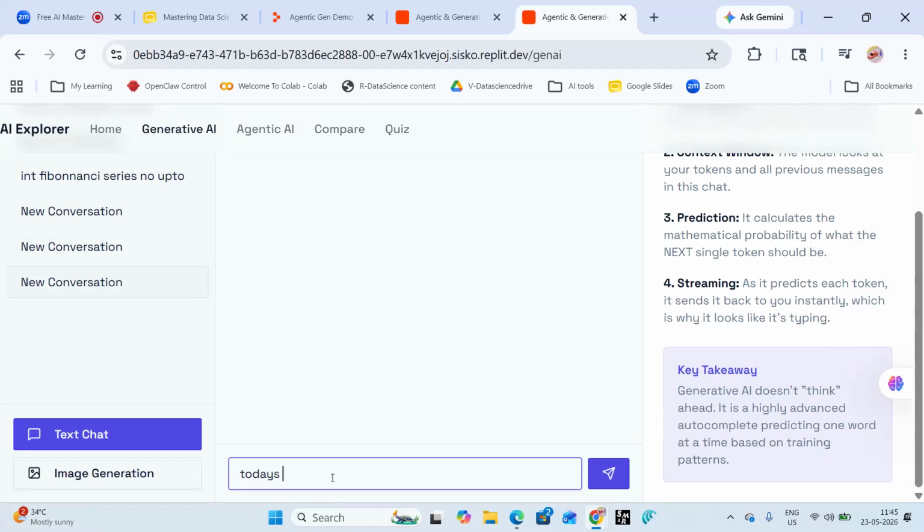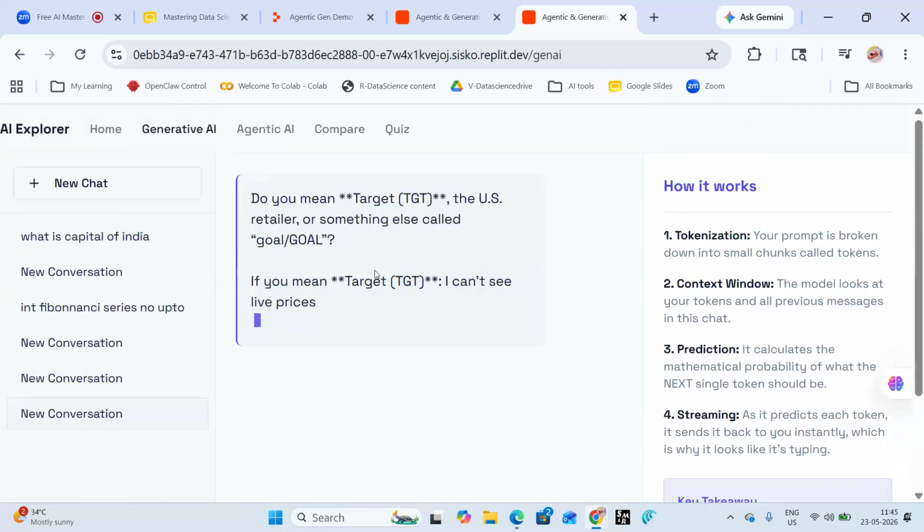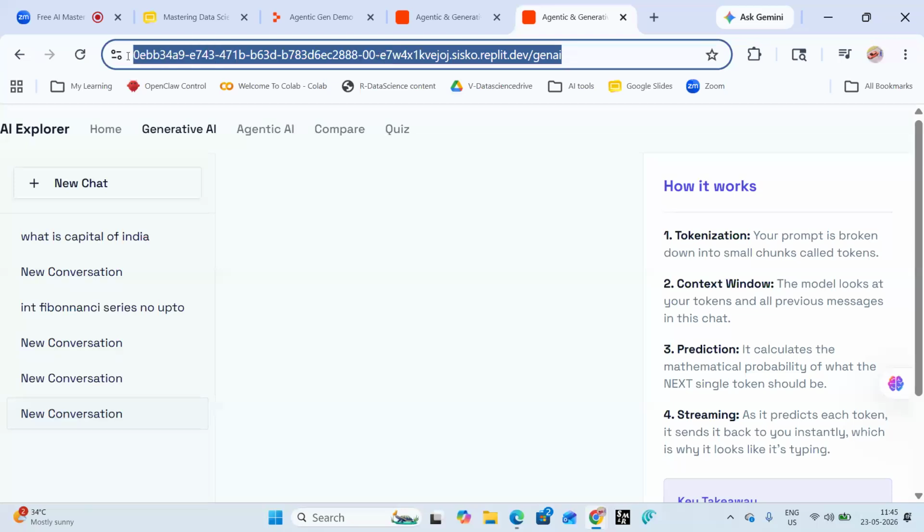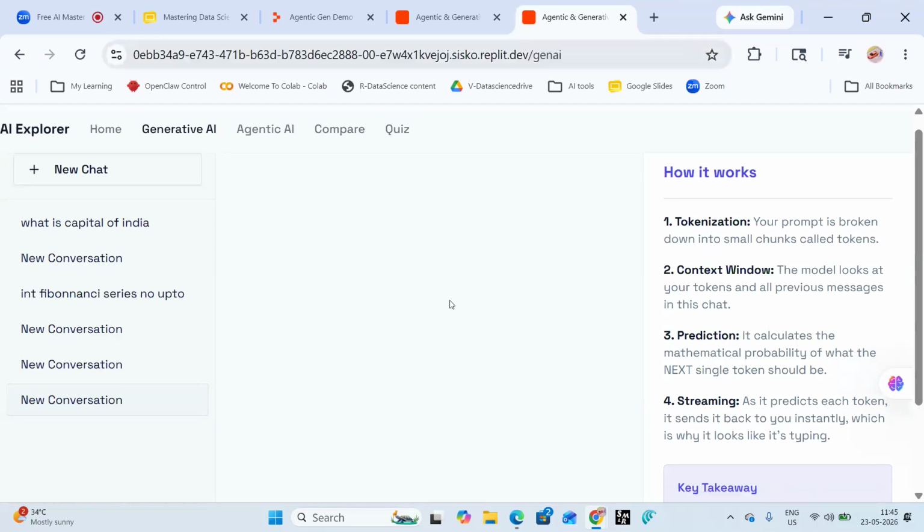Today's gold price. Maybe the gold price has decreased. That's why Modi had bought something to Meloni. Let's see what the gold price is today. Maybe to reduce the gold price only he has announced not to buy, to buy it to Meloni. It will load, but slowly, because it is running on my browser only. That's why it is running slowly.